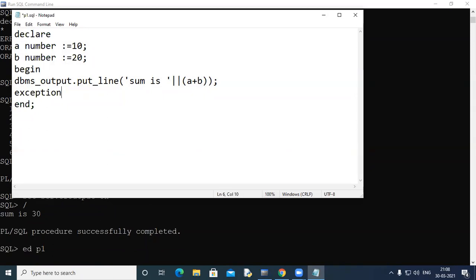The exception section is used if some error occurs here. So maybe I could write something like a/b here, where I could make b as 0. Obviously some error would occur.